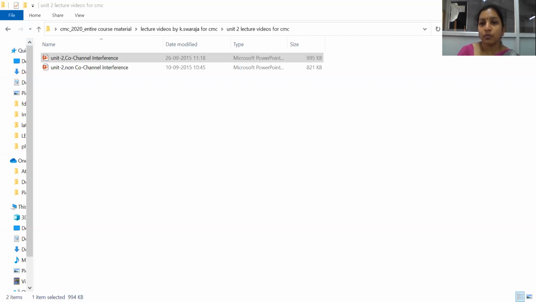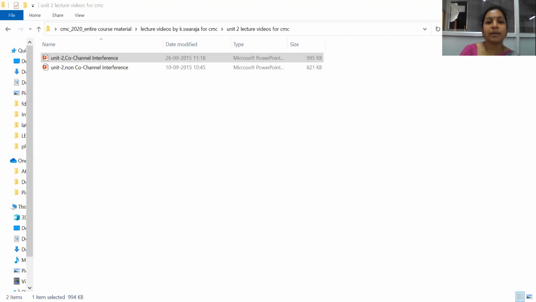That is, we have to maintain K as 7, because if we increase the K value, it will reduce the number of channels. With fewer channels, we cannot provide service to more subscribers, and this automatically reduces the spectrum efficiency. So we have to design in such a way that we do not increase the K value, and at the same time the co-channel interference is reduced. With the concept of sectoring, as we discussed in the previous lectures, we can reduce the co-channel interference to some extent. This technique, sectoring, will reduce co-channel interference, and we use channel sharing and channel borrowing schemes to increase the spectrum efficiency.